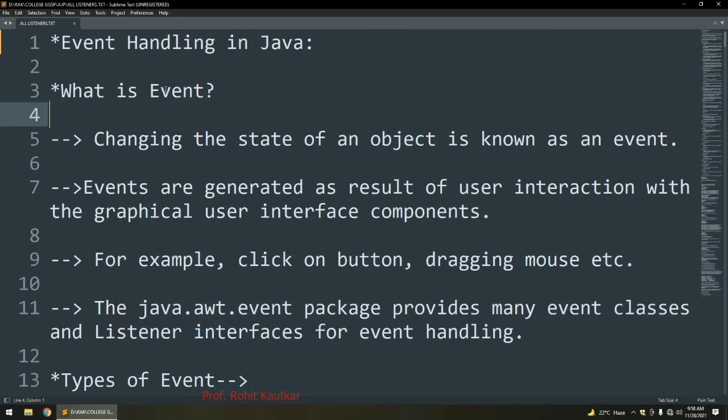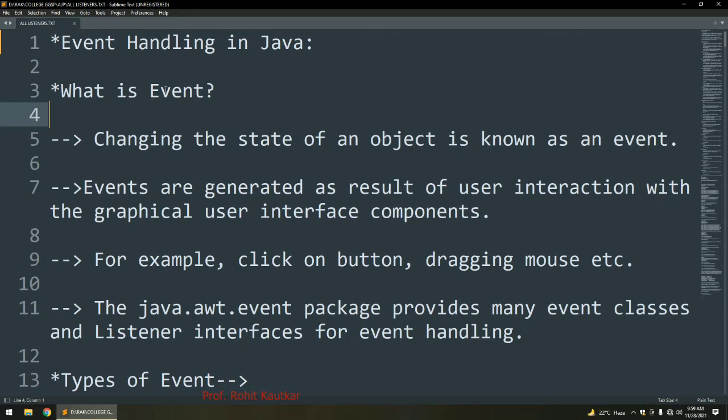Examples of events include clicking on a button, dragging your mouse, selecting a radio button, clicking on a checkbox, closing a window, and minimizing a window, because they all change the state of an object.